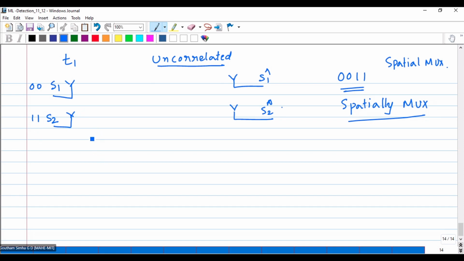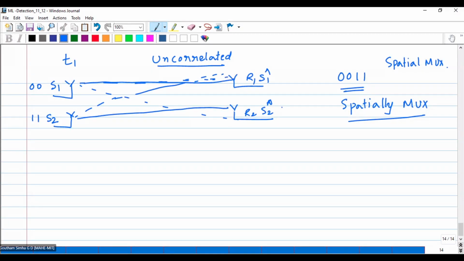What have we done with the Alamouti scheme here? In Alamouti, S1, S2 has been transmitted, but in the next time slot you transmit the complex conjugate of the other symbol. We are not doing that here. We are simply transmitting. So this is my S1 and this is my reflected wave at receiver 2. Now this is my reflected wave at receiver 1 and this is my LOS component. I'll write it like this. So what is happening? I have a two-way communication.